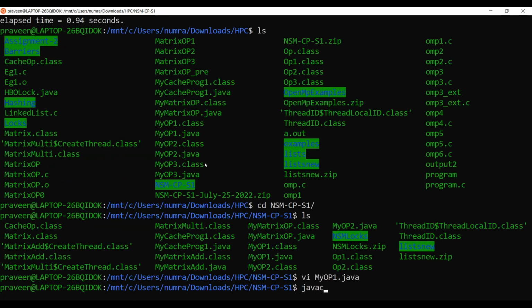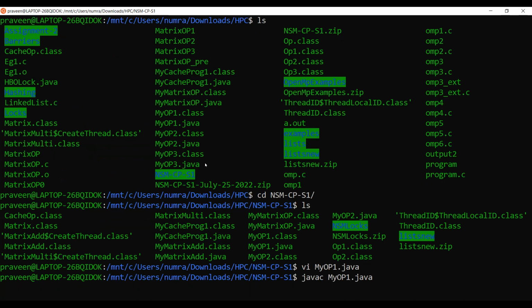Okay, here when we look at this particular simple program, javac MyOperations1.java, this is a very simple Java code. I compiled it. There are no errors here. I'm going to execute this particular one, my